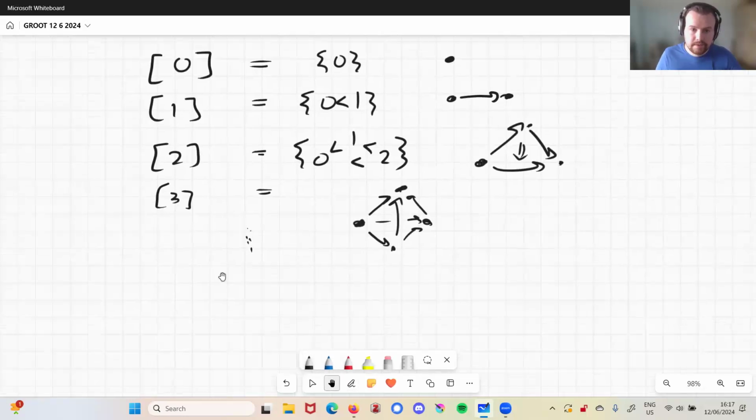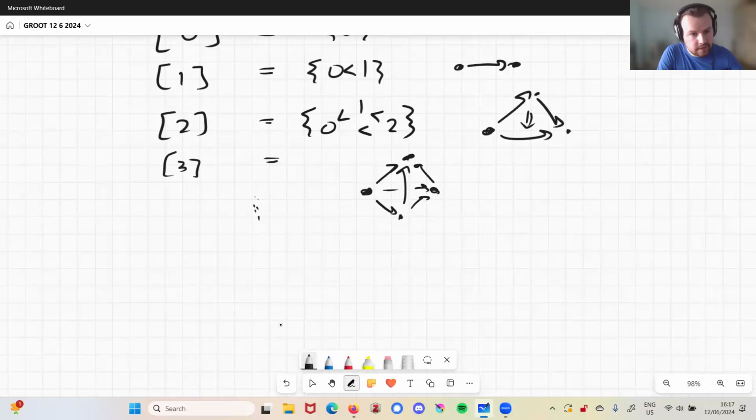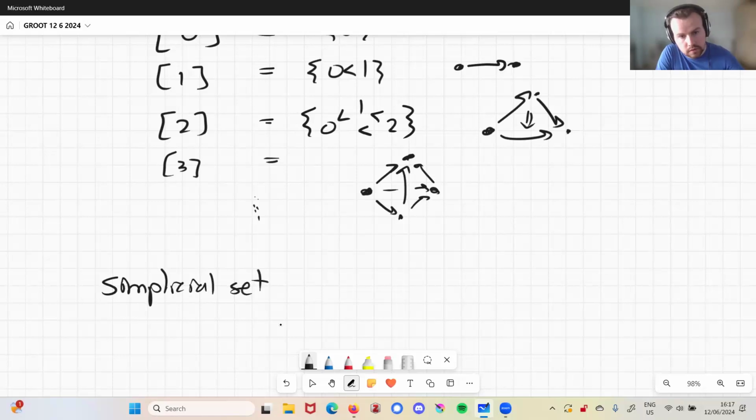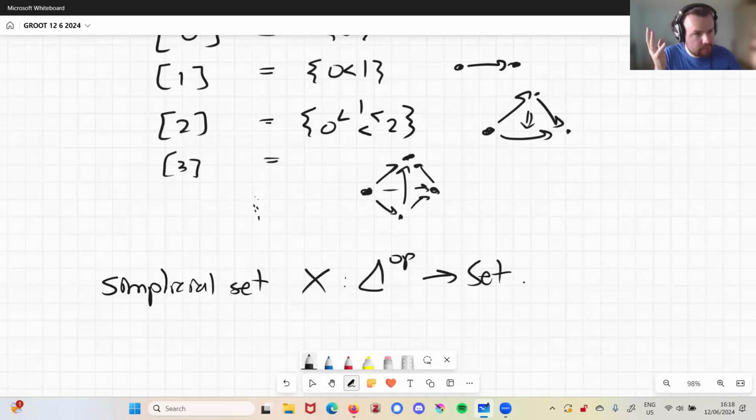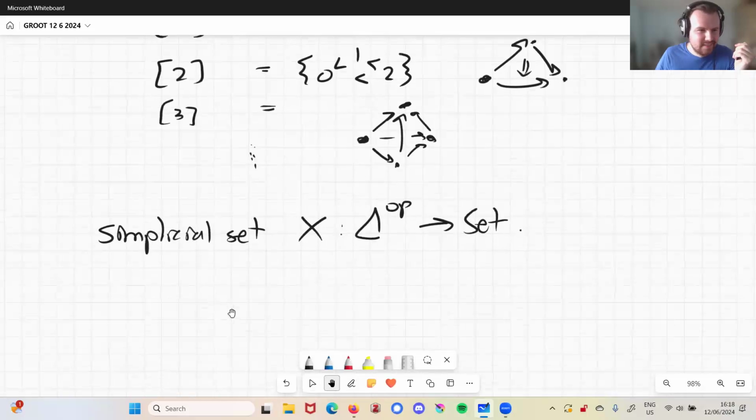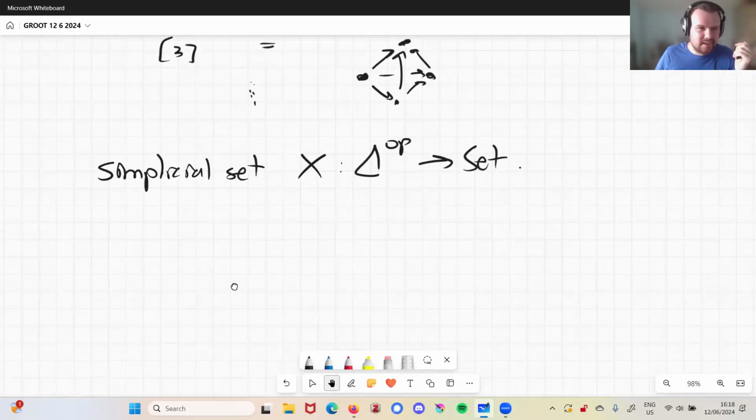Okay. The idea is that a simplicial set will just be a functor from delta op to sets. It's a presheaf on delta. And what are presheaves but free cocompletion, right? So we can interpret a simplicial set as just a bunch of these pictures glued together. Yeah? Ooh, intercom. How's that sound? Okay, in any case,